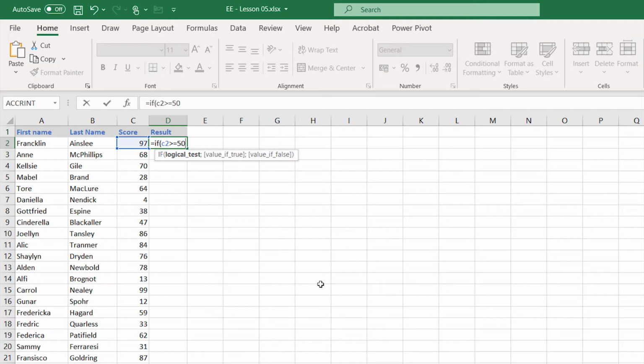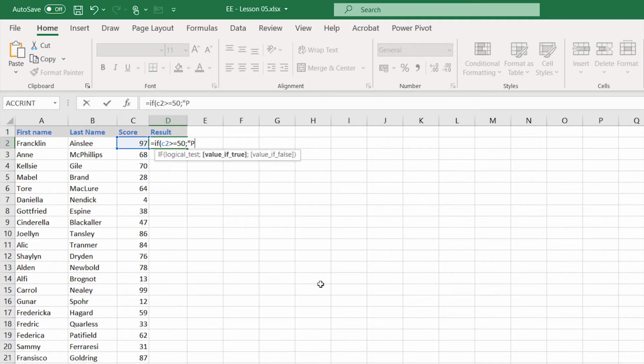To continue with the second argument, we need to enter the list separator next. On my computer, with my regional settings, I need to enter a semicolon. Please remember that you might need to enter a comma. The second argument tells Excel what it is supposed to do if the logical test is true. As the exam is passed in this case, Excel should return a pass, and this is exactly what we enter